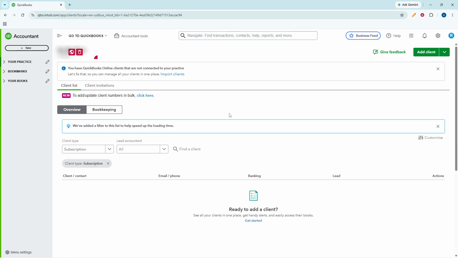After that, all you need to do is wait a moment while QuickBooks loads your account dashboard. Depending on your internet speed and device performance, this may take a few seconds. Once the dashboard appears, you'll be successfully logged in and ready to access your QuickBooks tools, financial data, and account